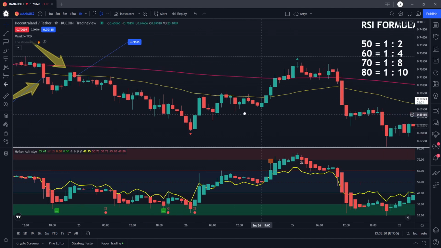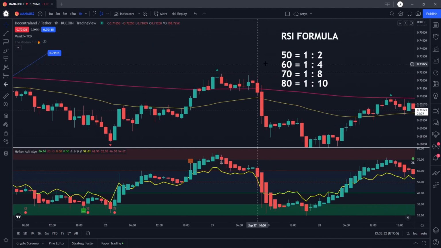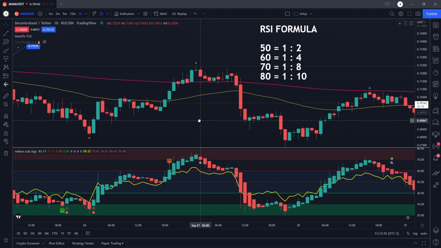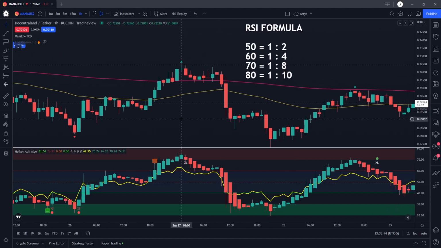Let me try another one going the other way because I want you to see something. 50 is a 1 to 2, right? But it becomes a 1 to 1 if you are going against the trend. So let me find one right here going against the trend, right? Large candle crossing over the 50. This one crosses nicely over the 50 because it starts at, where does this open? The open of this candle is a